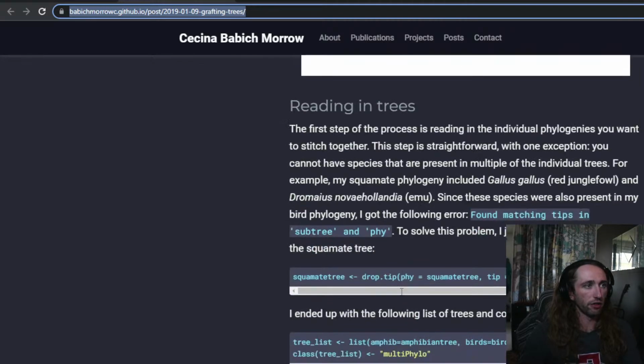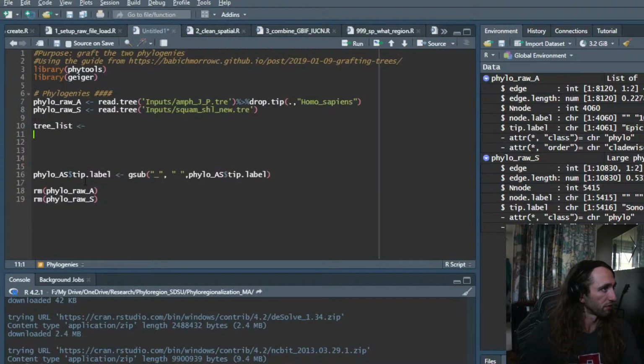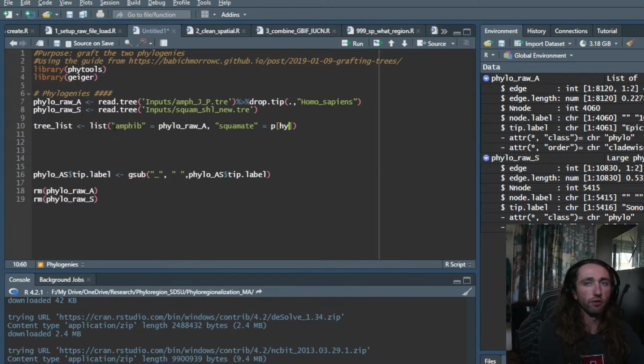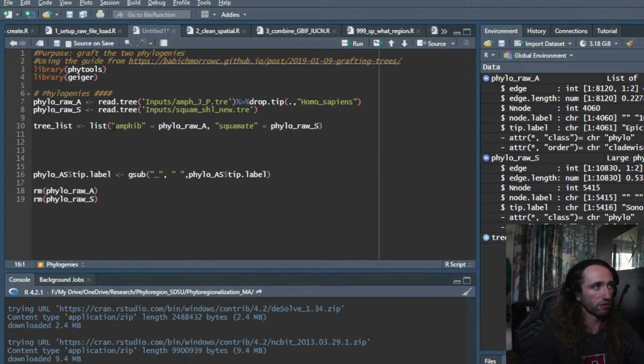Okay, so these are the phylogenies they loaded in. Don't need to do that. Okay, so what they did is they had a tree list, and it's going to be, let's call this amphib. Amphib is equal to phylo raw A, and then we have another, which is going to be squamate, which equals phylo raw S. Awesome. So now we have a tree list, and then we need to change the class of a